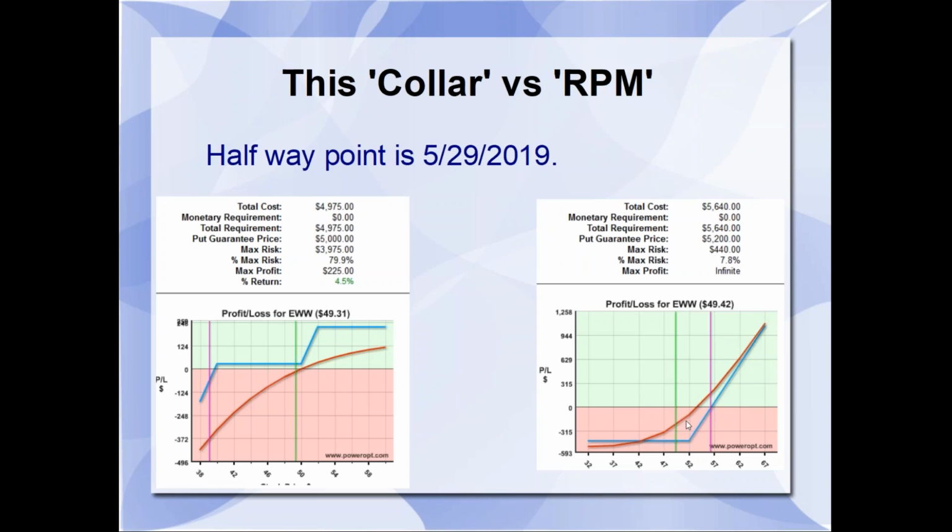Okay, but over the time frame of the trade, if the stock drops to about 47, at the halfway point I'm about a $300 loss here on the Married Put, and at 47-ish we're at about a little bit less loss. So it's probably a little bit safer in that term, but I'm doing this as a bullish trade.